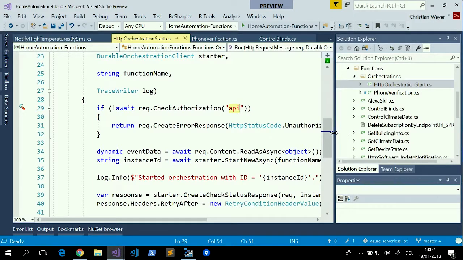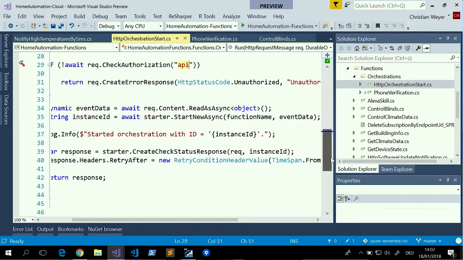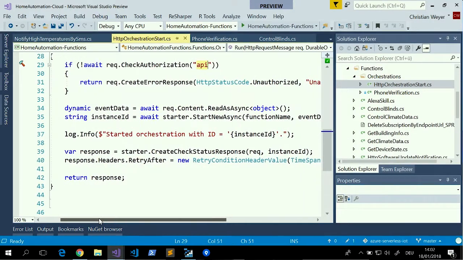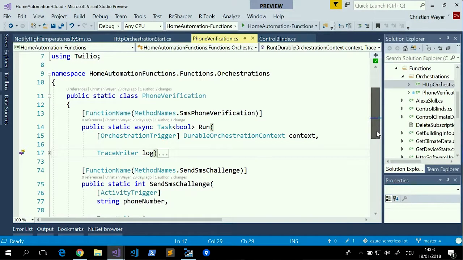And then we are able to dive into what we actually want to achieve. So this guy does really nothing else than just redirect to the actual function that we want to call.